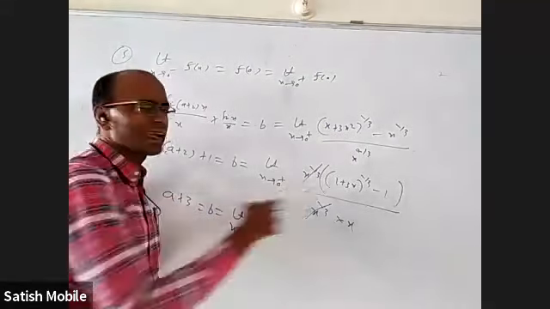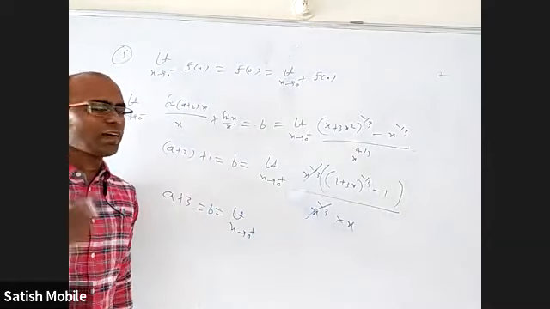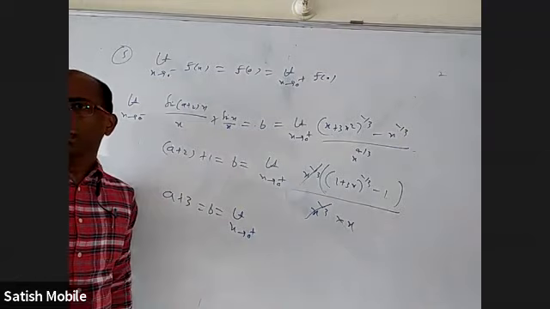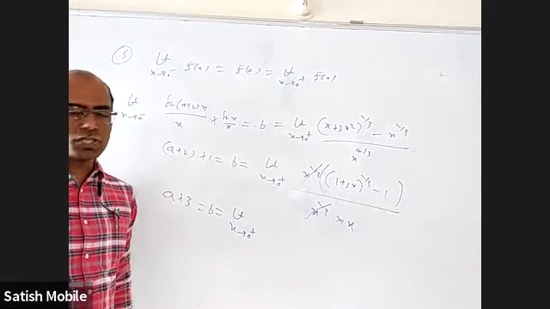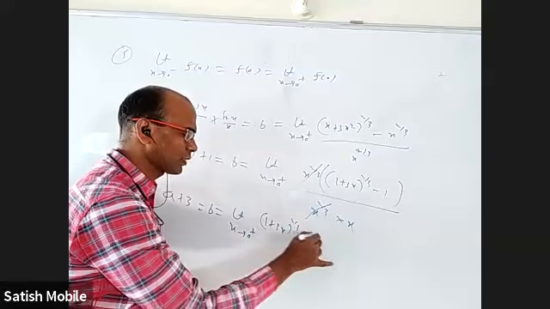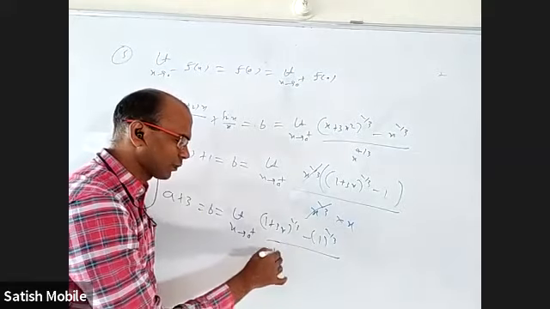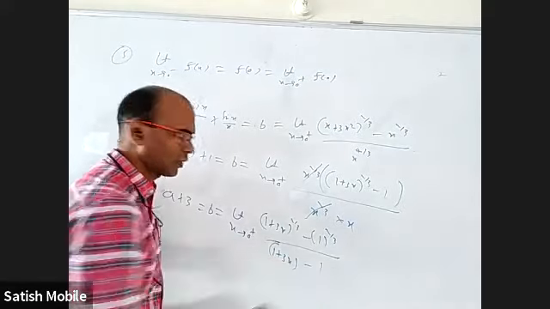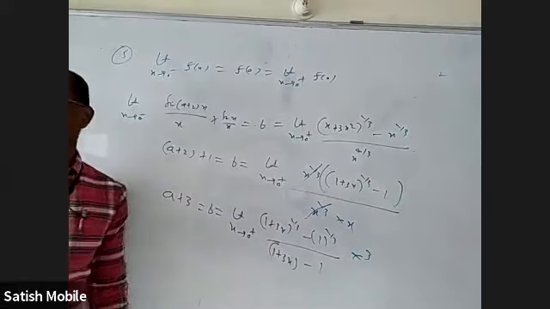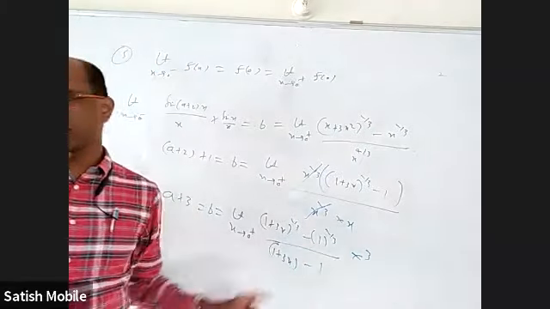How to deal with this? I can rationalize it. If it is square, easy. If it's cube also, I can rationalize it. For a minus b, the rationalizing factor is a squared plus ab plus b squared. Instead of that, I am going to write (1 plus 3x) whole power 1 by 3, minus 1 whole power 1 by 3. The difference I need down is 1 plus 3x minus 1. But that is 3x, I have only x, I have to multiply with 3. So basically I multiplied 3 here, added 1, subtracted 1. So that's how I adjusted this.